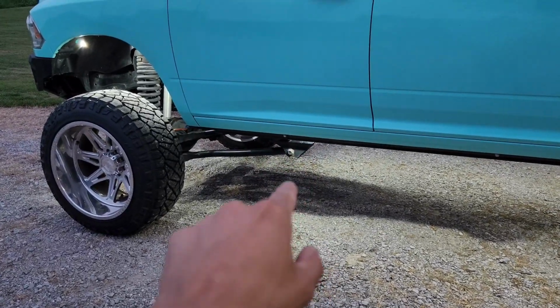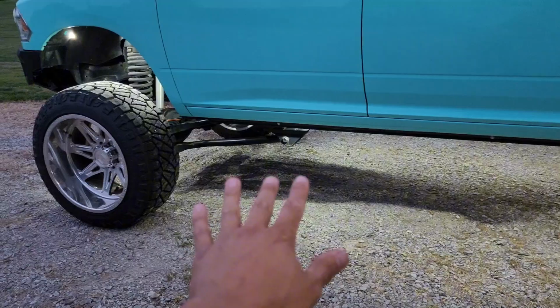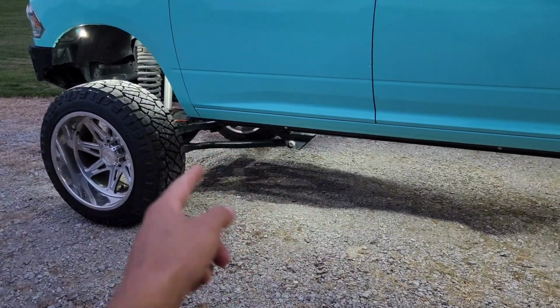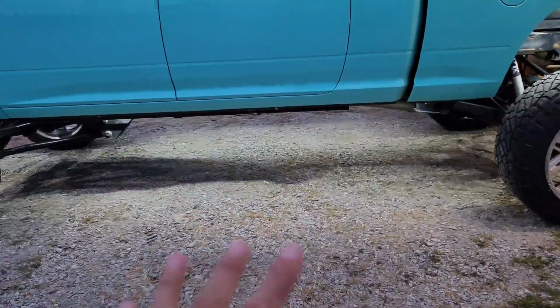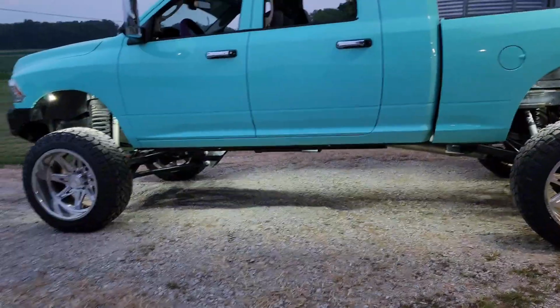You kind of got a forecasted shadow there and on each side, so you can see right there's just a little bit of shadowing, and then right back here the only other shadow is right there from the differential. It covers a lot of the center and everything really good. There's a lot of